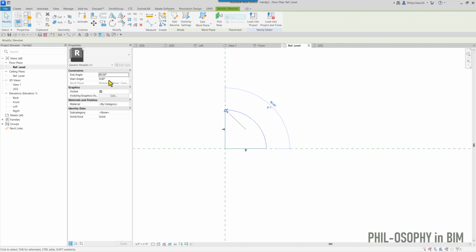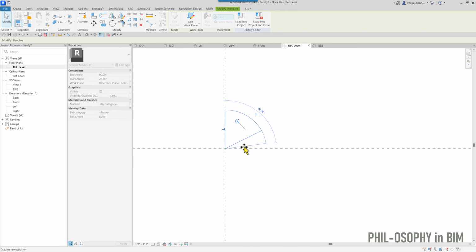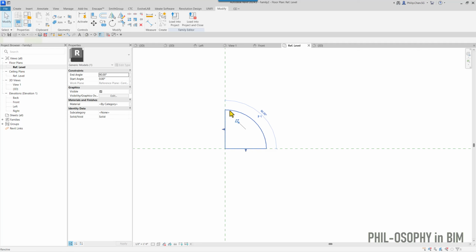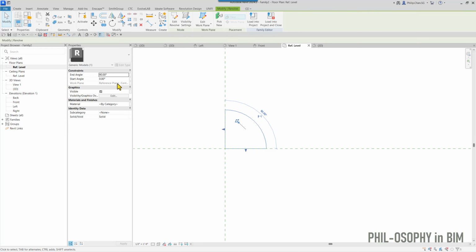One is 0 degree, the other one is 90. So let's take a look. If my start angle becomes 45 degree, let's take a look what we got. You can see that this end, this side, is going to kind of rotate like that. Okay, I'm going to set it back to 0 again. Okay, so with that, what I can do is I can set these two angle